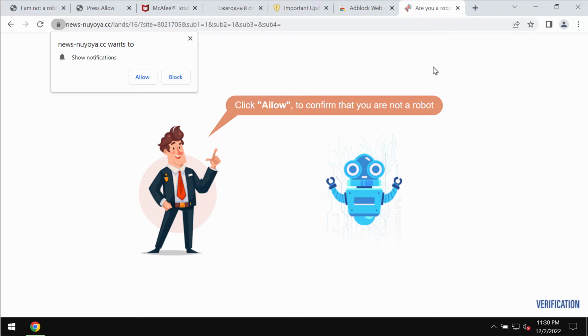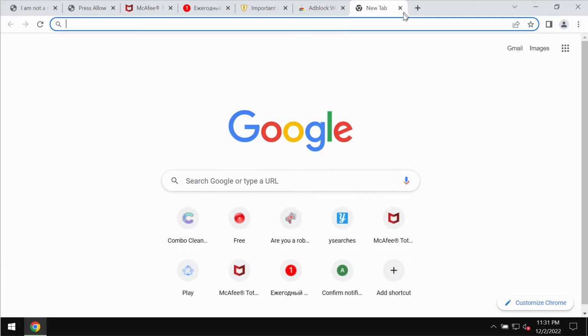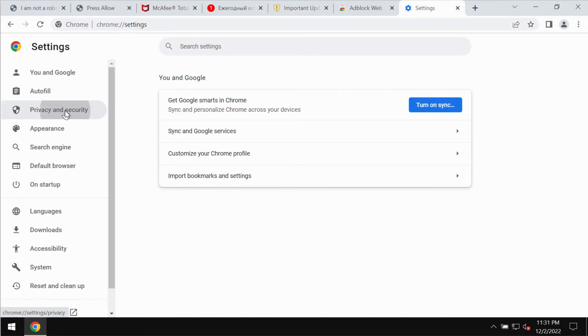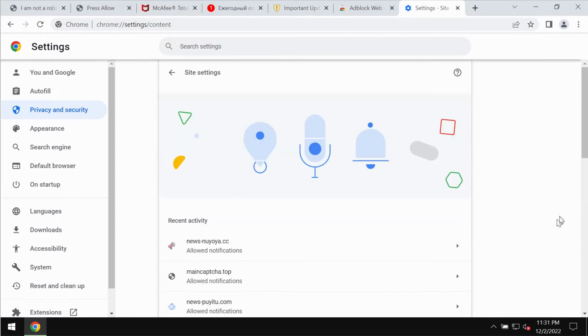a robot. The truth is that it's actually a mistake to click on allow. If it was mistakenly clicked, your browser will be hijacked and infected with numerous advertisements that would be attacking the screen. If you have clicked on allow button, fix your browser by accessing the menu, settings, privacy and security, site